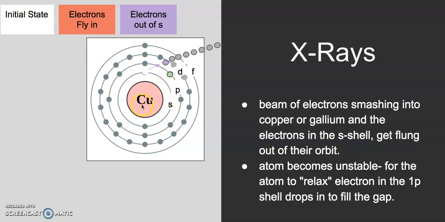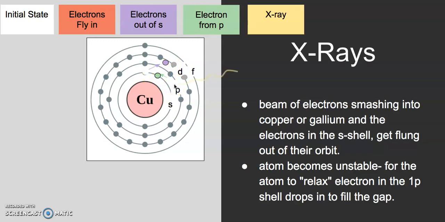Since this is the most important shell of electrons, an electron from the p orbital comes down to replace this electron to make this a little bit more stable. And so this is where your X-ray is coming from, this movement from the p orbital to the s orbital